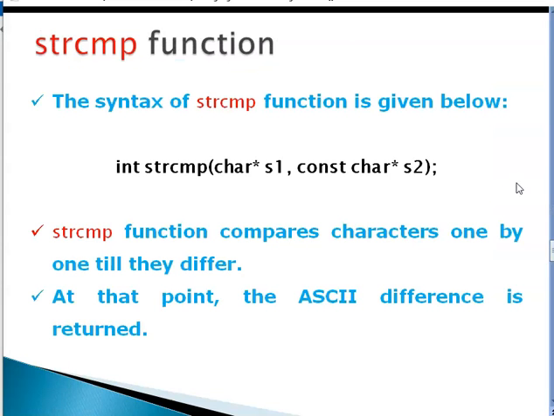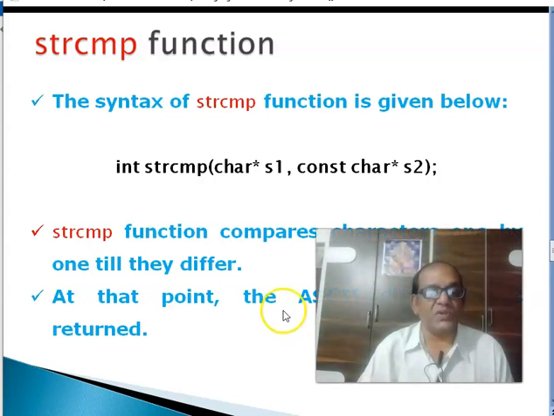The next function, strcmp, has the syntax as shown over here. In some sense, this string compare finds the difference between the strings s1 and s2, that is s1 minus s2 is computed.